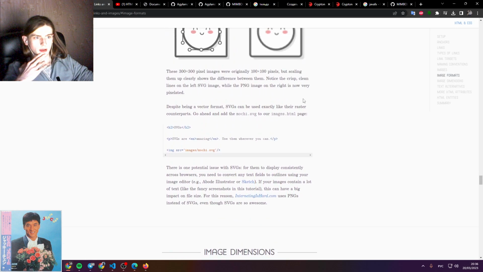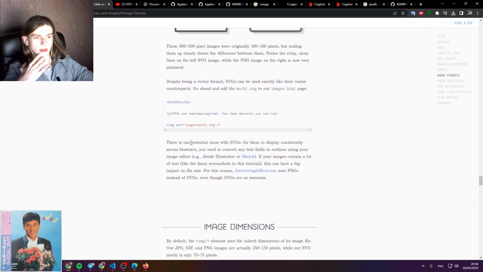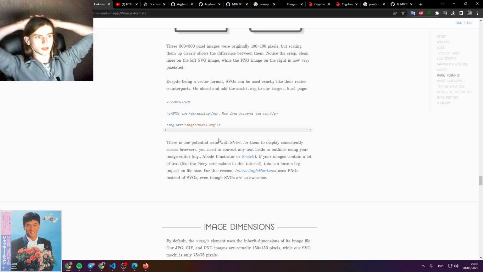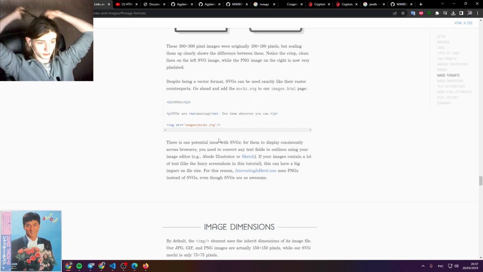For them to display, так. That being vector format can be used exactly like a raster and add the modules vector. There is one potential issue with for them to display consistently across browsers. Any text fields to outline using your image editor. If your image contains a lot of text, like a fancy screenshot in this tutorial, this can have a big impact on file size. For this reason,